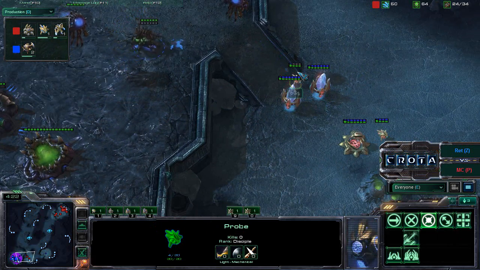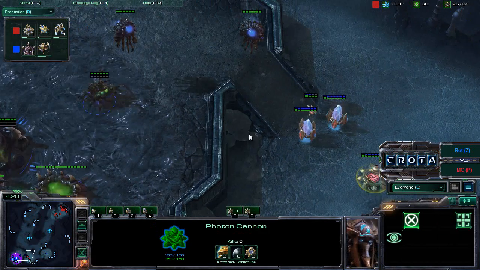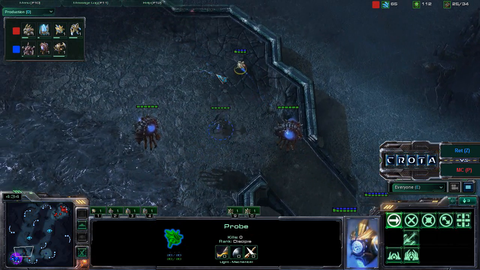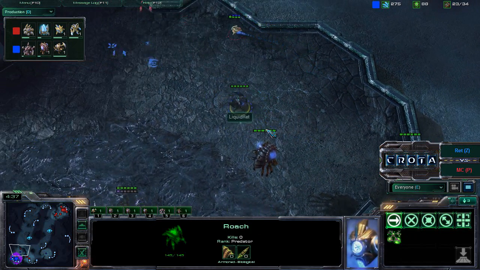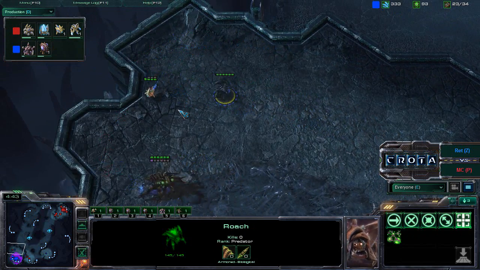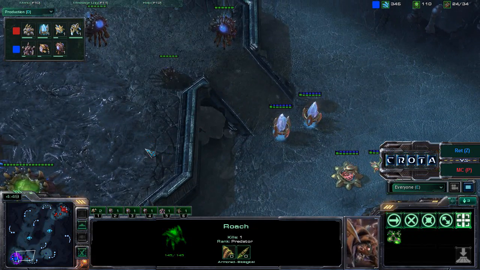I do not believe this probe has a chance in getting out whatsoever. I'm pretty sure that the queen could have actually tried to take down that probe without that probe and the photon cannon dealing any damage. The one roach now trying to make its way over here. Will that probe be able to get any damage dealt is the key critical question. It does not look like it, as that probe is now taken down,